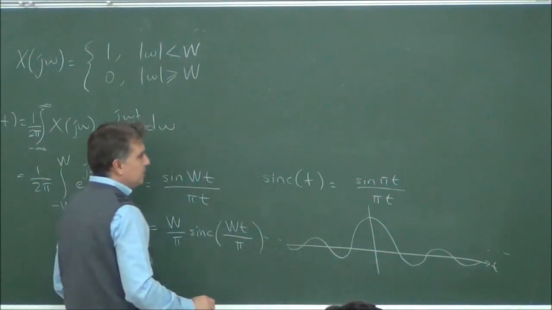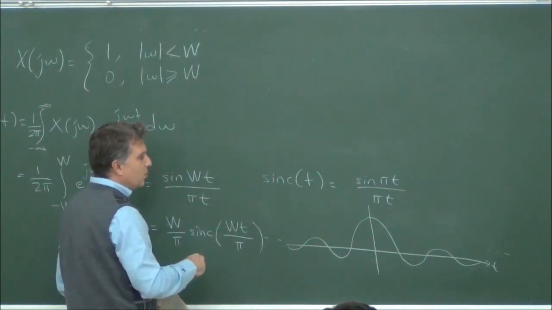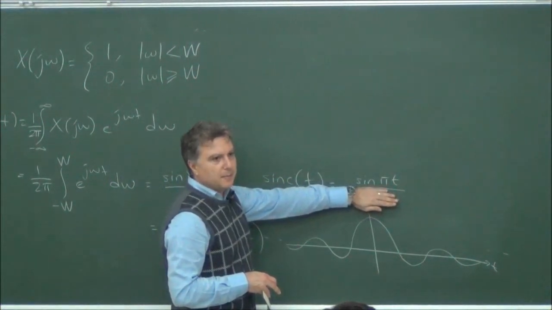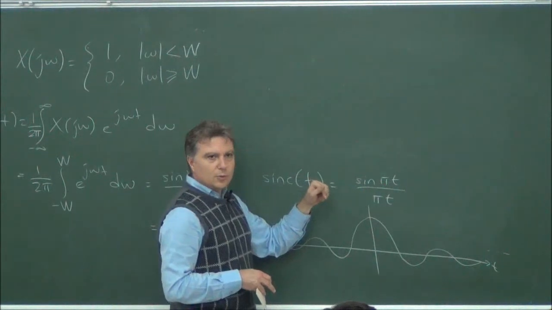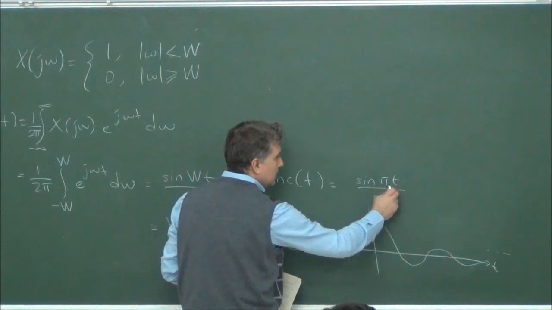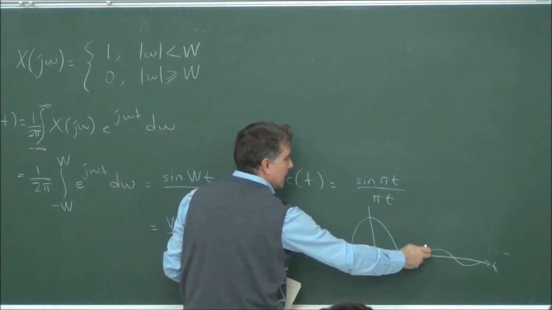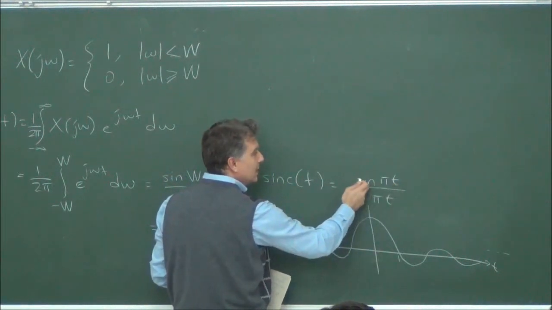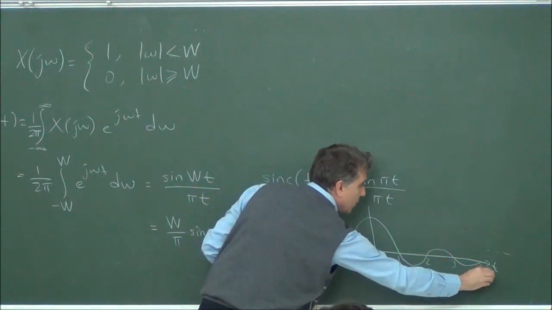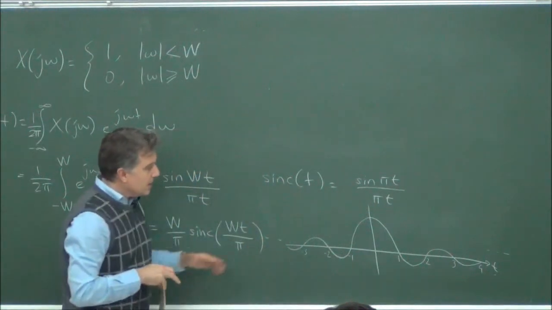This point corresponds to the first zero crossing. And when does the first zero crossing of sine pi t happen? When the angle is equal to pi, sine of pi is equal to 0 again. So that is when t is equal to 1. The next zero crossing happens when t is equal to 2, then it is sine 2 pi. So this is 2, this is 3, this is 4, and it goes on. And this is minus 1, minus 2, minus 3. So the zero crossings